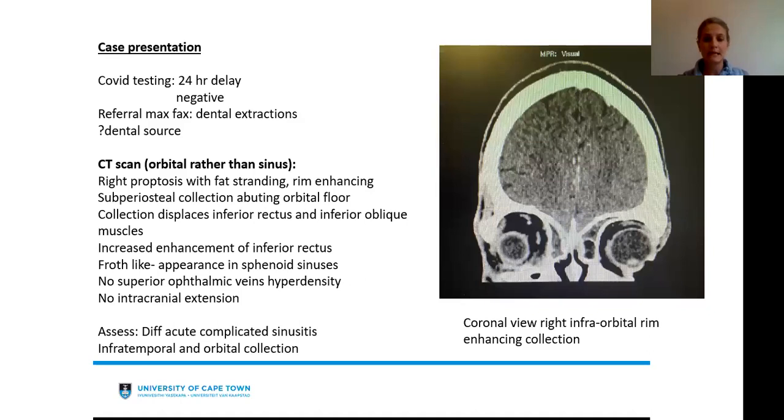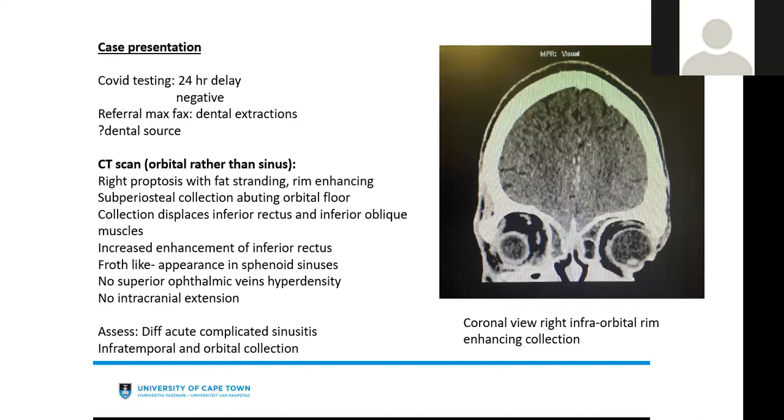But on oral examination, he was also noted to have some dental caries. There was a bit of a delay with regards to his COVID testing, around a 24-hour delay, but his COVID test did eventually come back as negative. But due to the dental caries, we were quite concerned, and we also got maxillofacial surgery to evaluate the patient to establish whether or not there was a dental source of infection that was causing some of his symptoms and signs. At this point, he had been referred to us by the ophthalmology team, and he already had a CT